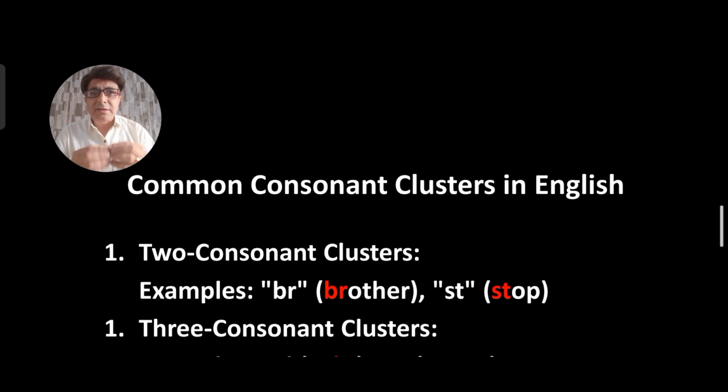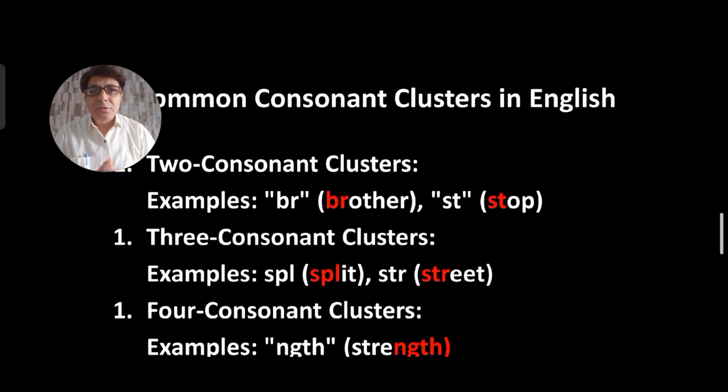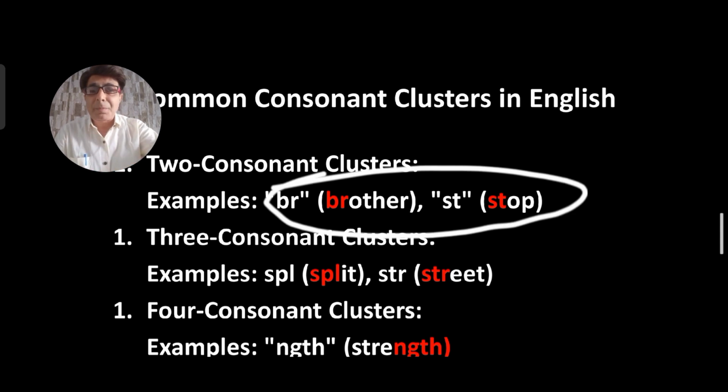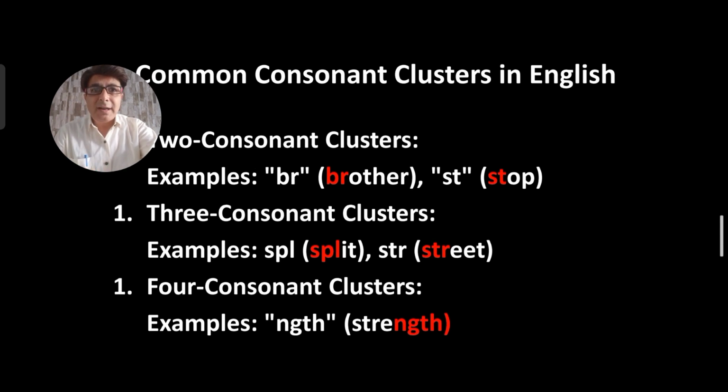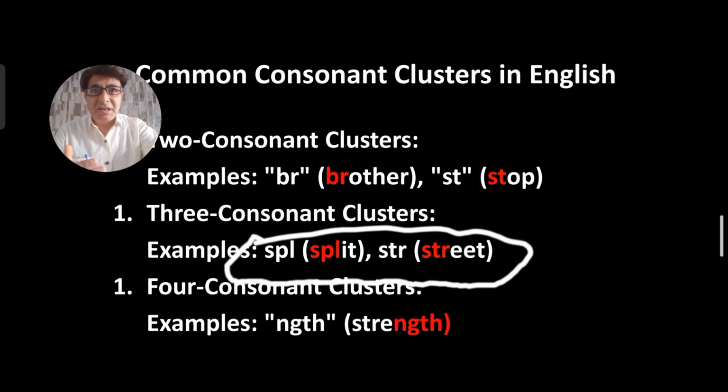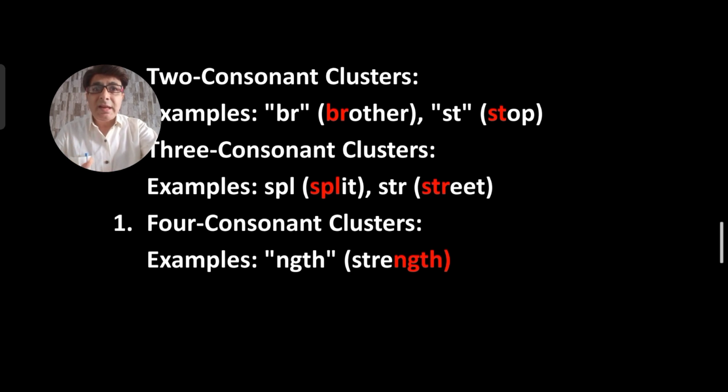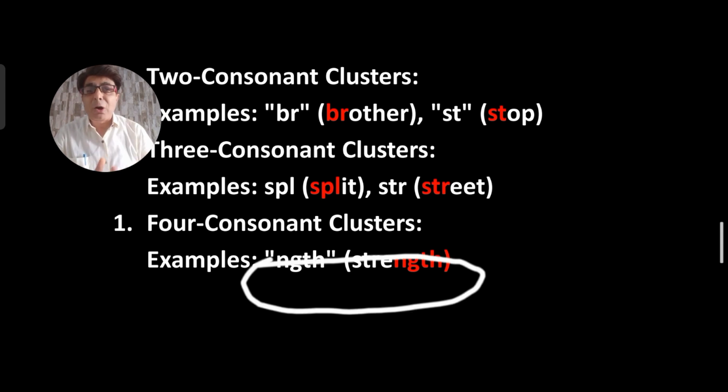Now, another question is, what are the common consonant clusters found in English? As I told you, sometimes two, sometimes three, and sometimes four. Two consonant clusters, in which there are two consonants coming together, for example, brother, stop, and so on. Sometimes three consonants come together, for example, split, street, and so on. And sometimes four consonants, as in the example of strength,